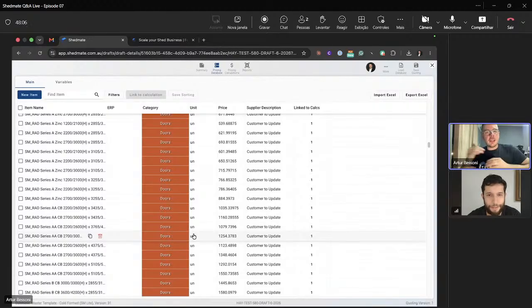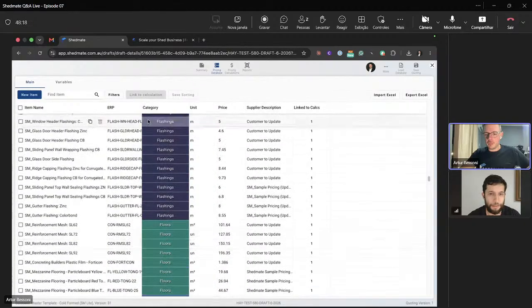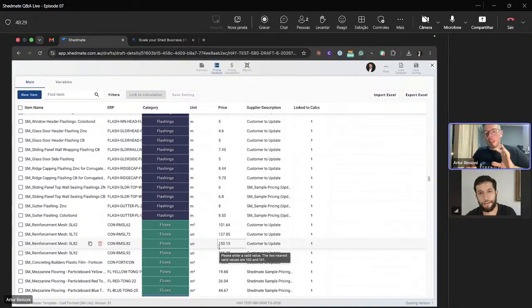So Shedmate can get to that level of precision, get all of the different ranges and have the pricing for each one of them, but you don't have to do that on day one, right? So our recommendation here is don't try to do everything at once. I would say the best way to do it is get 5 or 10 quotes that you have done in the past, and then come here to Shedmate, do the same design, and try to match around 90% of the